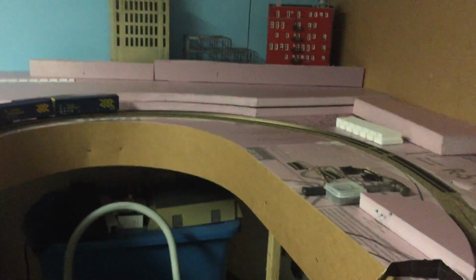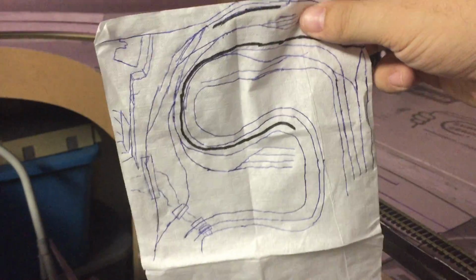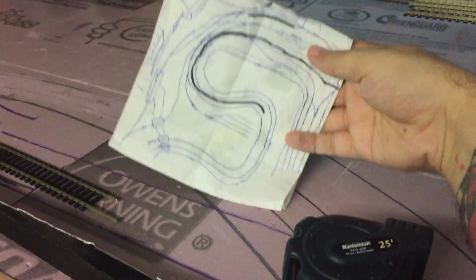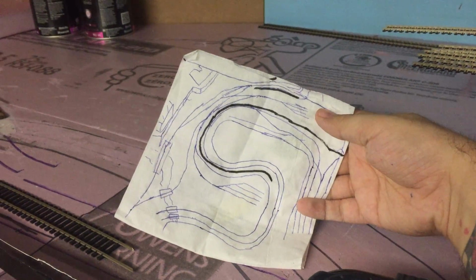But my new plan, I tried explaining this to Dave using the age-old technique of napkin art. Ta-da! I know it's honestly like the worst. Yeah, it's pretty shameful. Shame on me. But anyways,